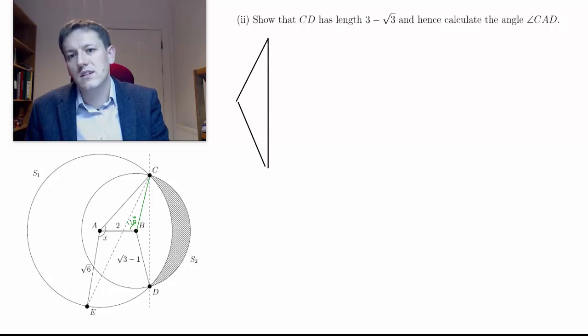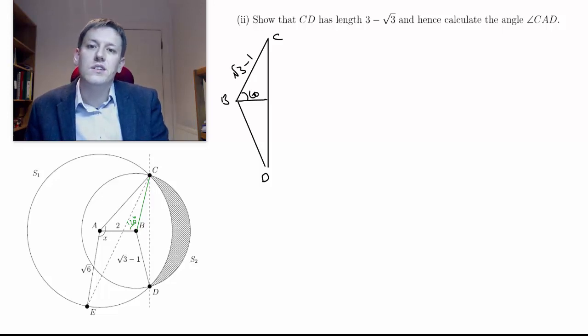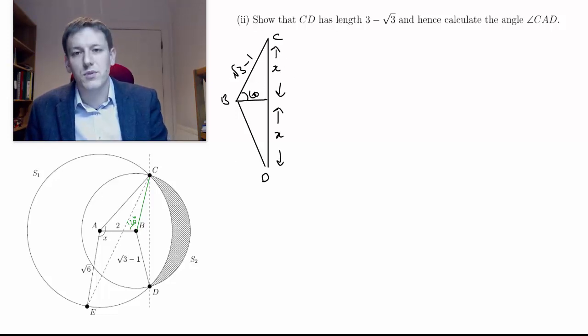CBD, and again we can see that CBD is an isosceles triangle. Okay, so actually if I put a line across here as well, then we know that because CBA is 120, this part in here must be 60 degrees. And we also know that this length is root 3 minus 1, so the side that I want is CD. So if this is x, then this is also x. So this is half of the length we want because of the isosceles triangle,